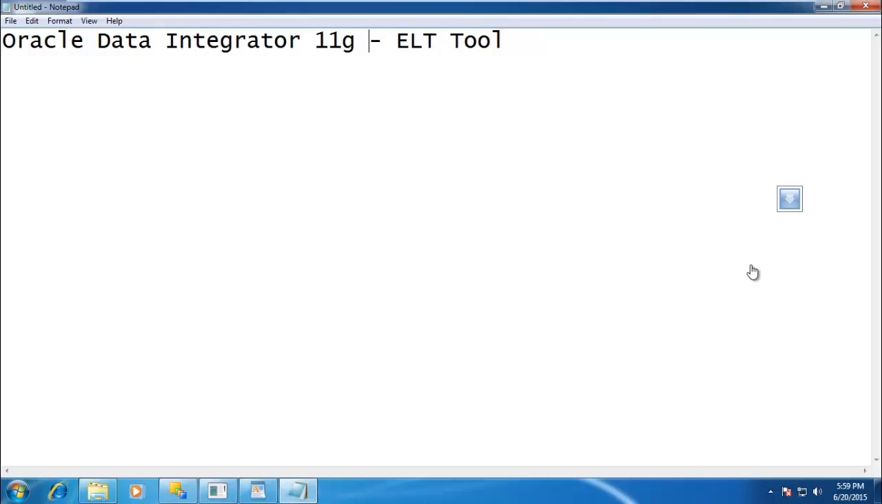But the approach, the architecture which they use in ODI is different. It uses an approach called ELT. ELT stands for extract, loading, and it can do the transformation. Extract, loading, and transformation. Because of this ELT approach, the executions are going to be faster. The advantage with the ODI tool compared with the other tools is that the execution is faster and